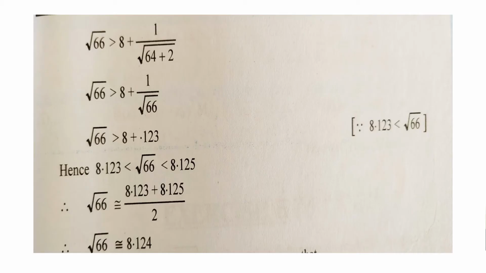If theta is greater than 1, if we use theta equal to 1, it will be a greater than statement. From here we get this second value. Root 66 is greater than this thing, and in the previous slide it is less than this thing. So its value lies between them. The approximate value can be found by taking their average, A plus B by 2, this plus this. In this way we have approximate root 66.